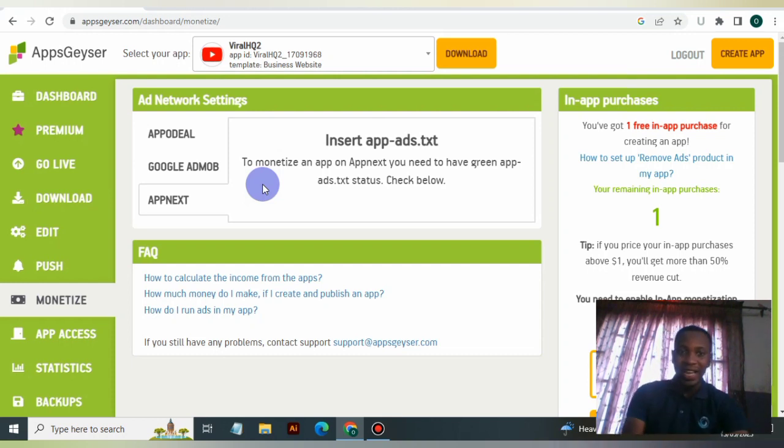But like I said earlier, this is the best platform you can use to develop your mobile app, whether free or paid. Number 2 is that you don't need any coding skill to start using this platform. Number 3 is it's absolutely free to use this platform unless you want some extra features. You can also monetize your app. Some of us have websites that are monetized with Adsense. We also monetize the same website with AdMob. So it's left for you to do this, guys.